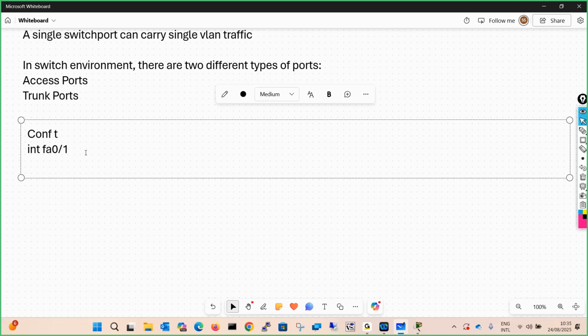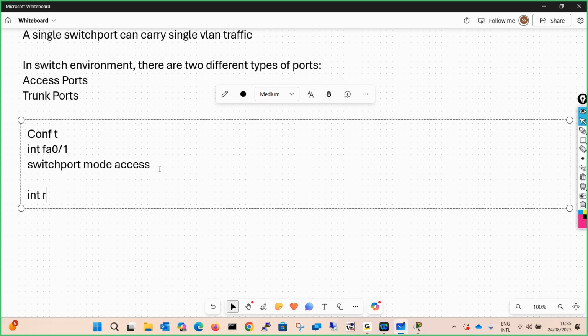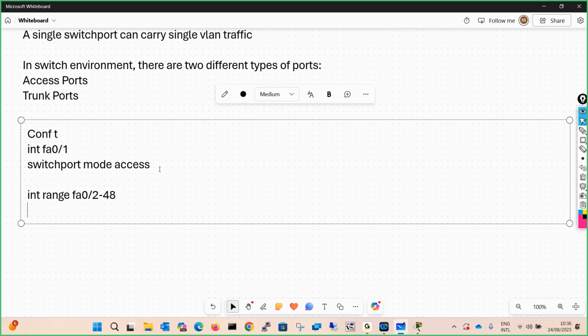If you go over here on the interface and say switchport mode access, you are saying that the port of the switch is of the type access. You give this command and don't assign any membership. If you give the command to all the interfaces, that is interface range, I can say from fa 0/2 to 48, only this command, switchport mode access.